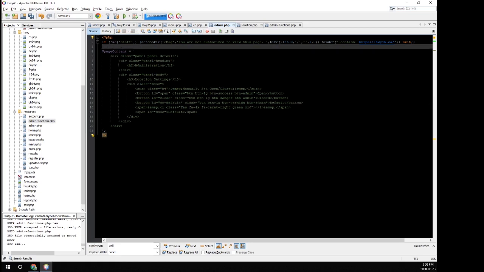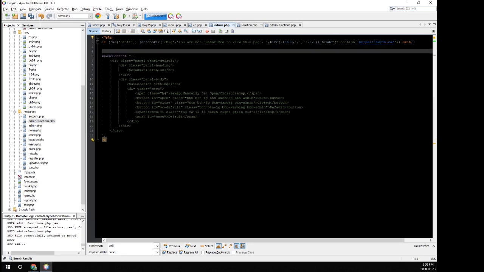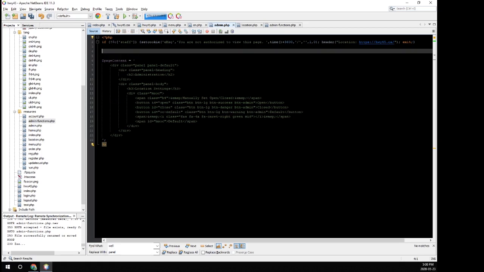Okay, now above our page content, we need to create some JavaScript for this. So giving ourselves a couple lines, JS dot equals to double set of single quotes and semicolon. Inside here, $, parentheses. Inside the parentheses, double quotes. Inside the double quotes, hashtag open. Outside the parentheses, dot click, parentheses, semicolon. Inside the parentheses, function, parentheses, curly braces. Inside the curly braces, $ dot post,